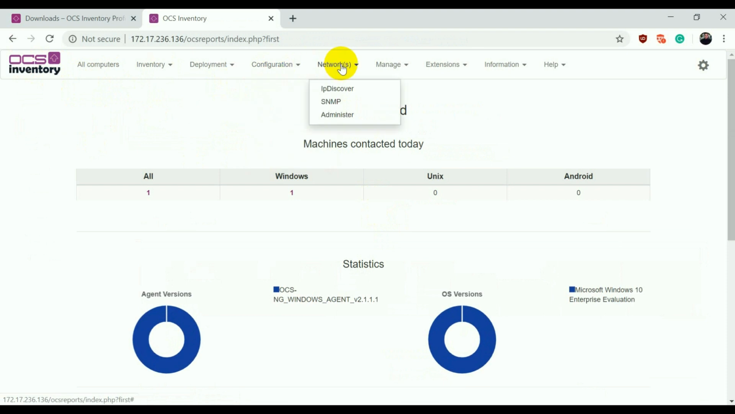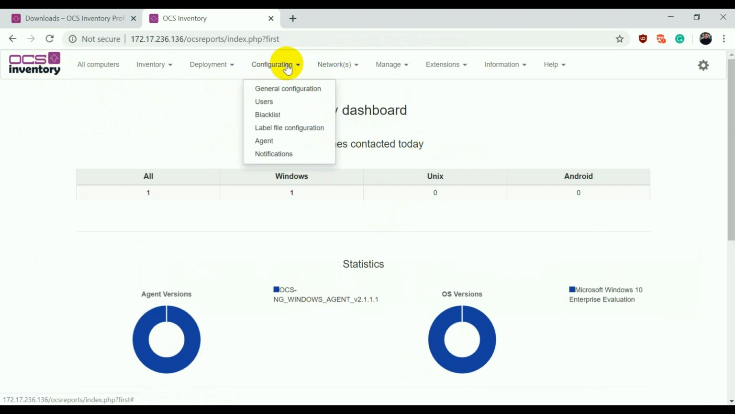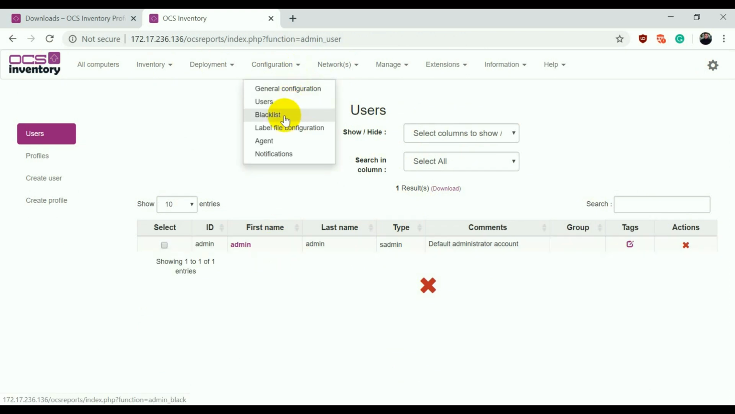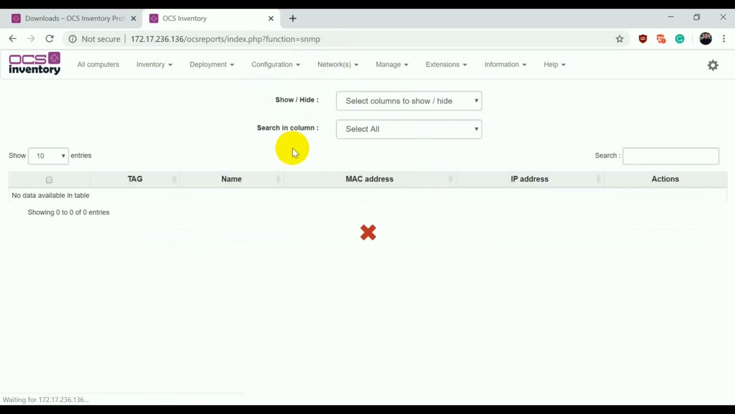And if you want to manage this OCS inventory, you can go here to user, and you can see admin is the user by which we are logged into this portal. We can add more users to give console access to manage this OCS inventory. And blacklist, you can blacklist, label, file configuration, agents we can install. You can configure SNMP. We will cover this later, but this is all about the options available in OCS